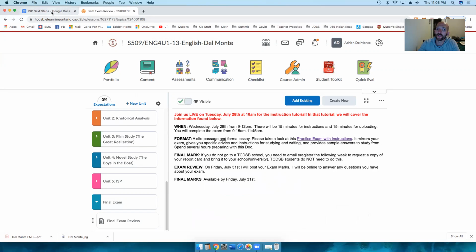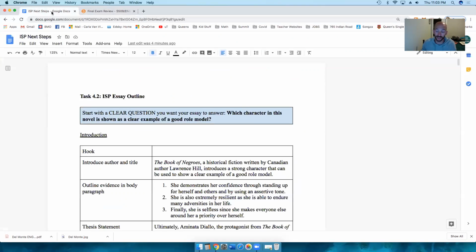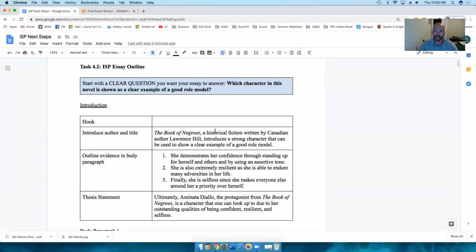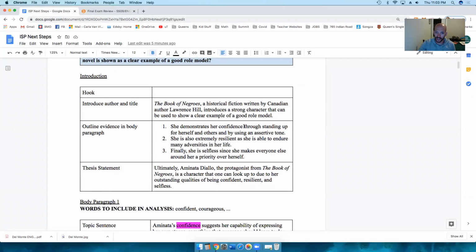That said, if you do want to move on, and this is my number one recommendation. So this student wrote about a book called The Book of Negroes, and she's writing about the attributes of the main character. You can see that she's writing about confidence, resilience, and selflessness. So you're going to be looking at your own essay outline that's identified, all of you actually, all of you except one student, 3 specific attributes.